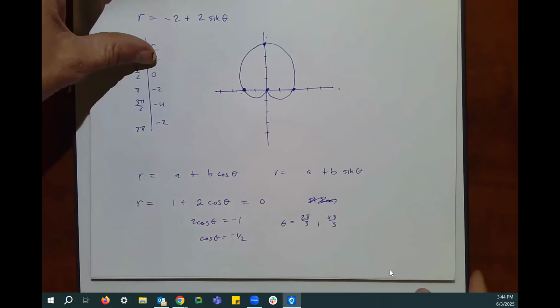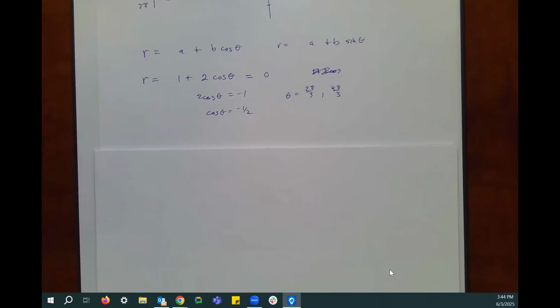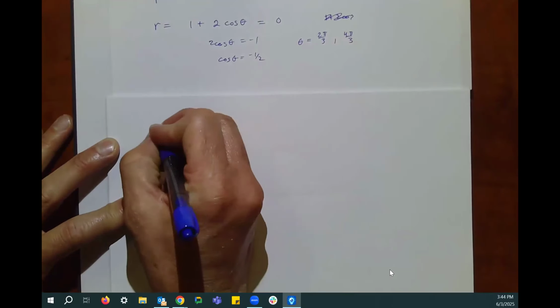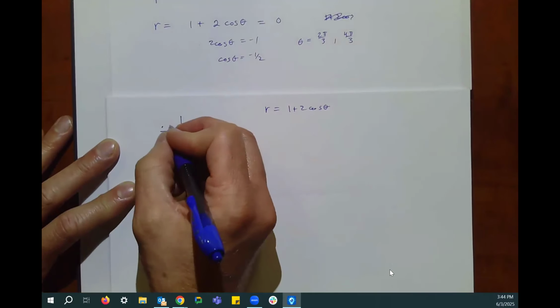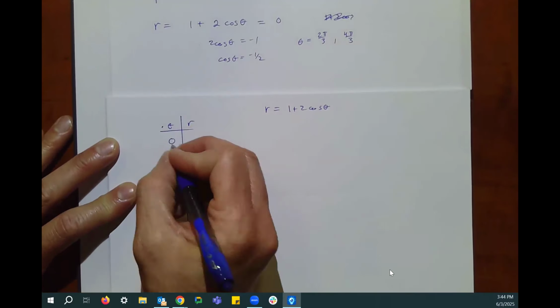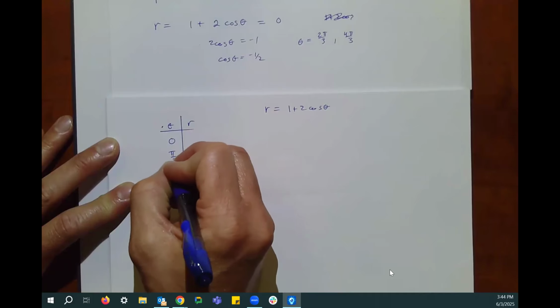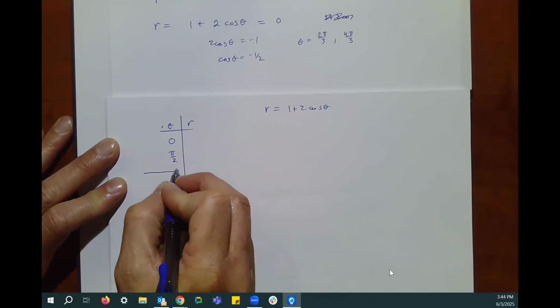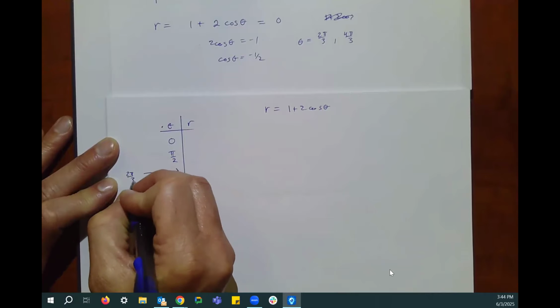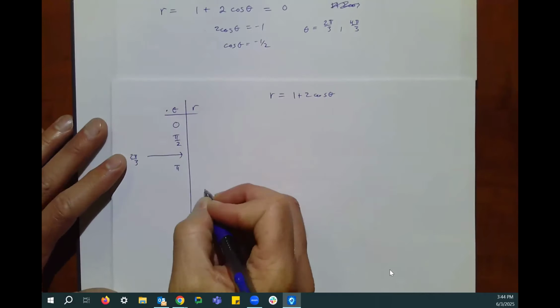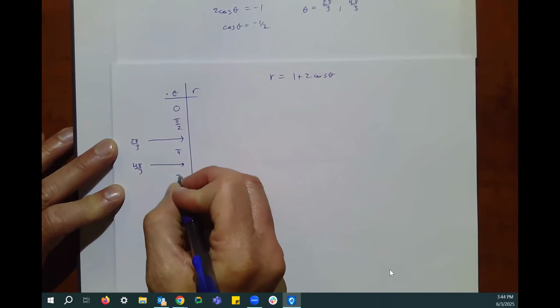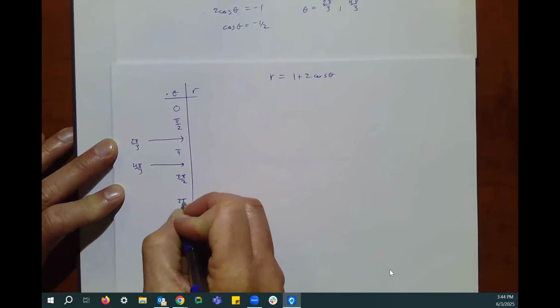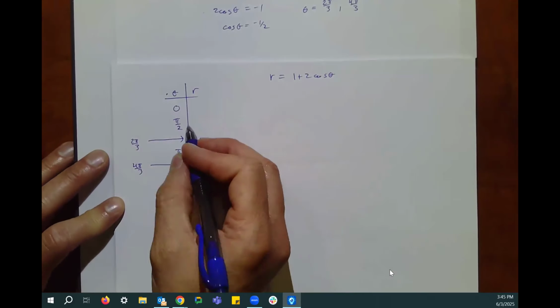So when we graph this one, here's what happens. I'm still going to plot those same 5 points I like to plot. So I should probably draw this up here. R equals 1 plus 2 cosine theta. I'm going to get theta and R. I'm going to do 0, pi over 2, and I'm going to sneak in the right places my extra zeros here, but I'm not going to worry about them just yet. So let's see, plotting these values,